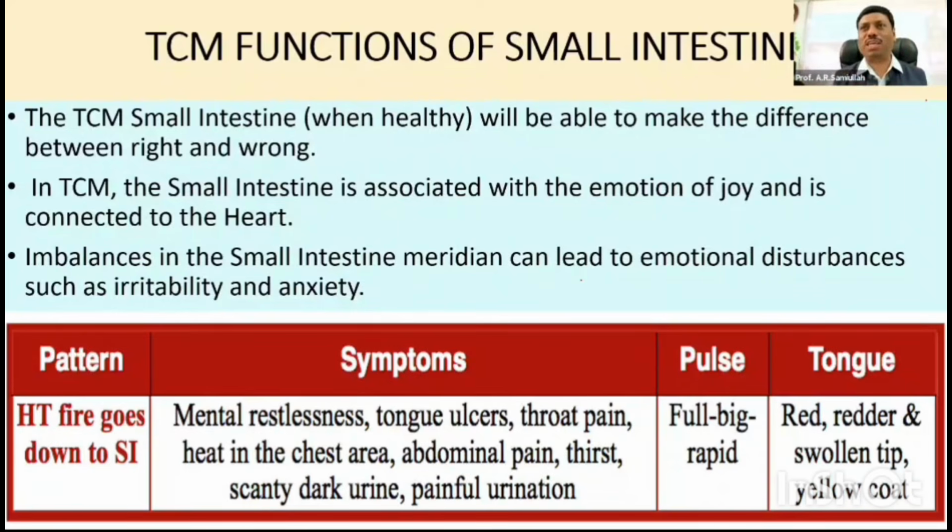Normally, in an easy way, I'll tell you about shoulder pain. Normally people will get pain, and we try to understand whether the acromioclavicular joint has some kind of problem, or the glenoid cavity has some issue, or the clavicular joint is the reason to cause the pain. Of course, there are mechanical and numerous reasons to cause shoulder pain, but TCM says, try to focus and understand, perhaps the intestinal colon is the reason to cause the shoulder pain, and also the large intestine is the reason as well.